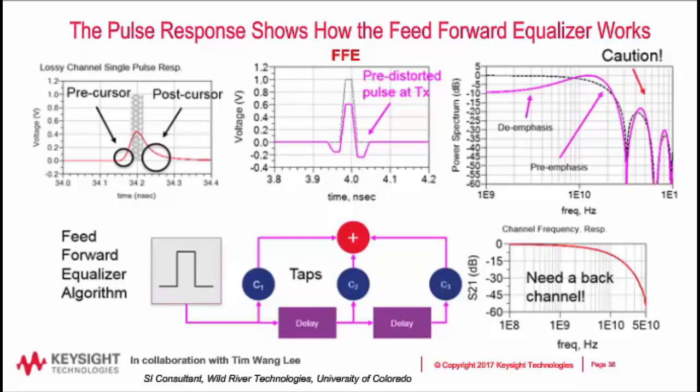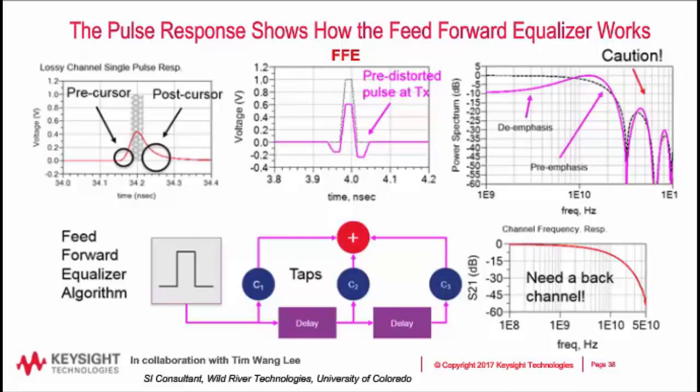So what does the FFE do? This feed-forward equalizer is a specific type of finite impulse response filter, and its ability is to sharpen up the degraded pulse and bring it back to look more like a single unit interval. And what's interesting is with the single pulse response, you can very clearly see how this equalizer is sharpening up both the rising and the falling edge, and what happens if you use too much equalization. You'll actually see some overcorrection or dip right before the rising edge, and then too much